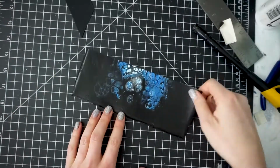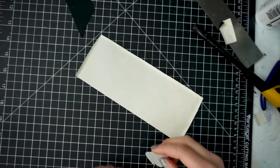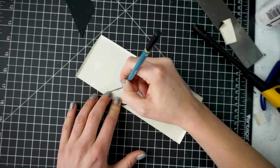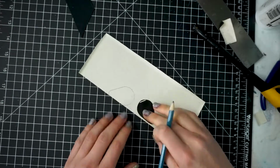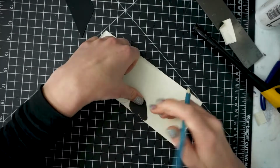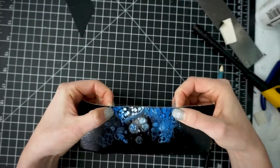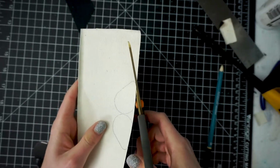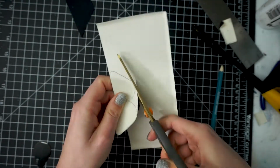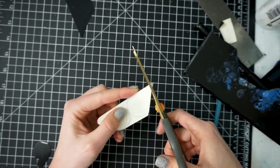Another option for creating earrings is to simply cut out the shapes you want, and this is great for if you want a different shape or if you only have ear wires on hand. I like to do these kind of teardrop shape earrings for a lot of different things, including some of my metal work, and I always cut out the shape on a piece of scrap paper, something thicker, like maybe a cardboard or a cardstock is my favorite to use, and I cut them out so I can hold them up next to my ear just to make sure they're the right size, and then you can just trace them